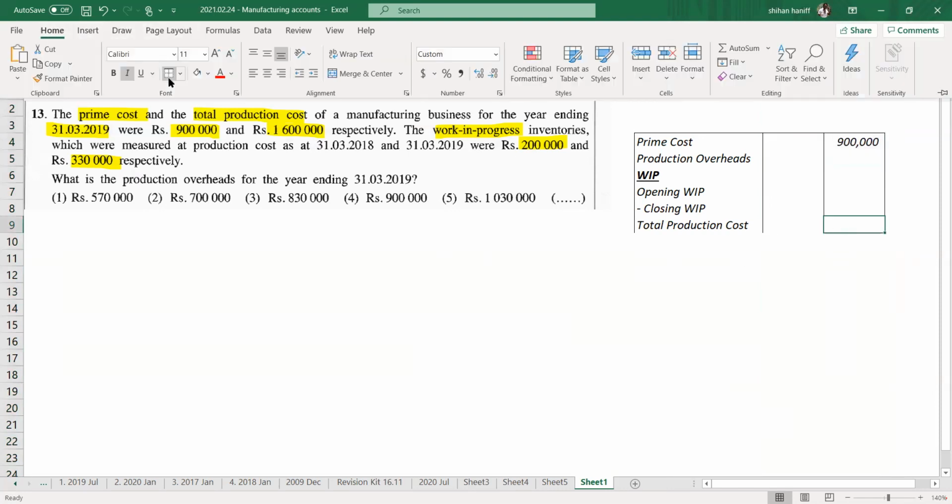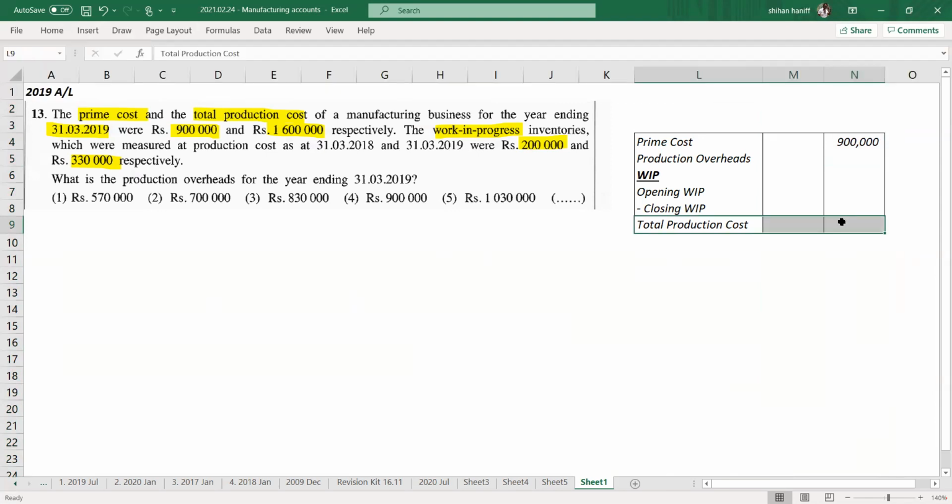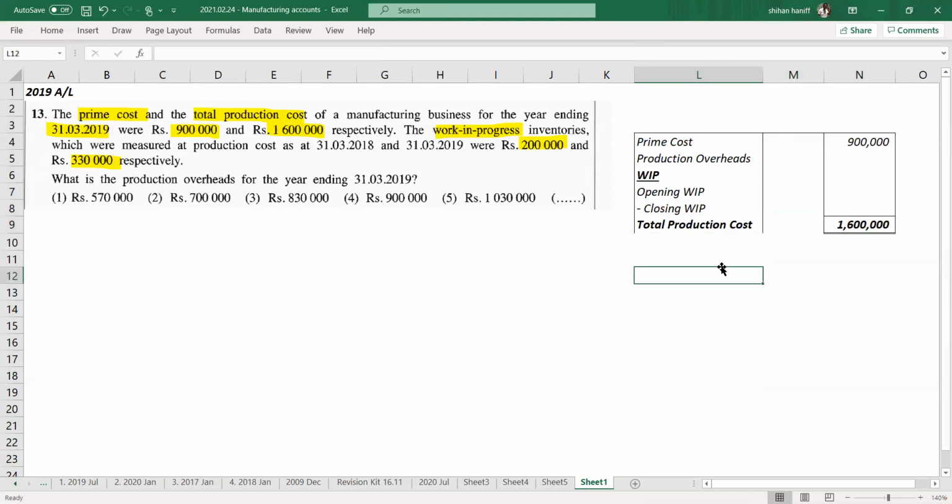Total production cost is given, which is 1.6 million. Work in progress inventories measured at production cost: 31st March 2018, it's 200,000, that's the opening, and 2019, 330,000. So the net amount is